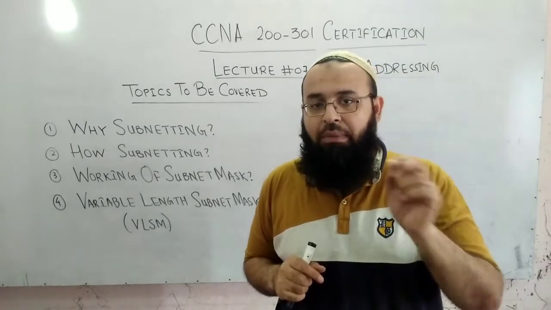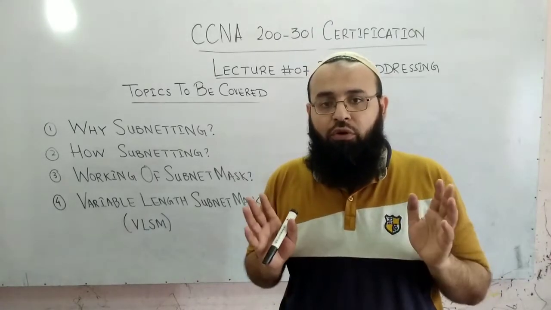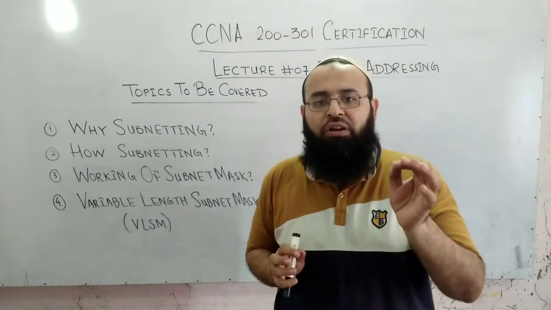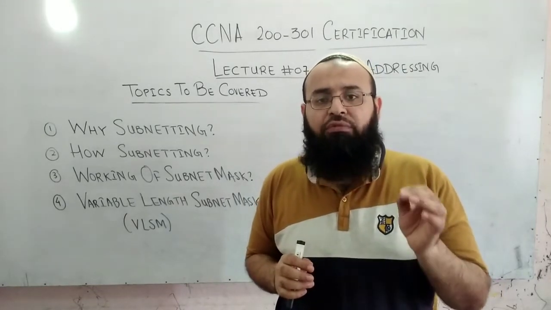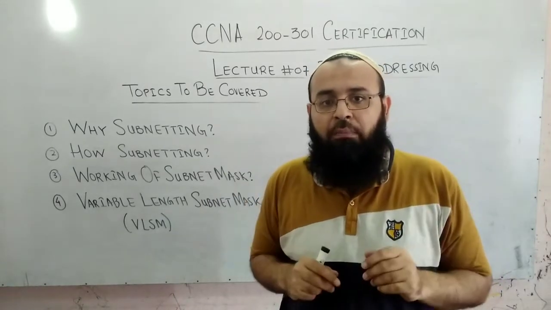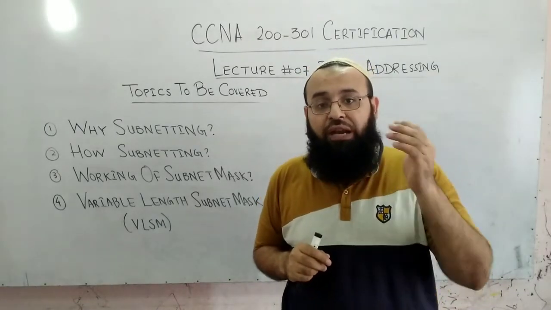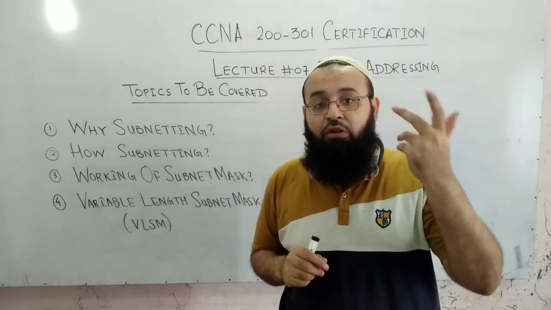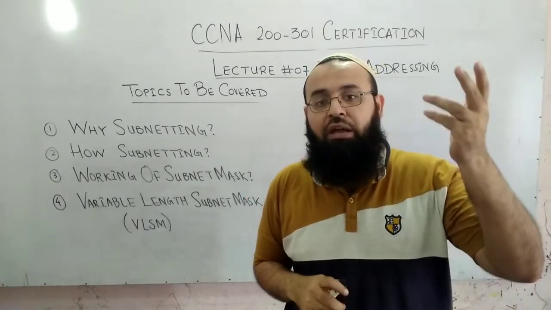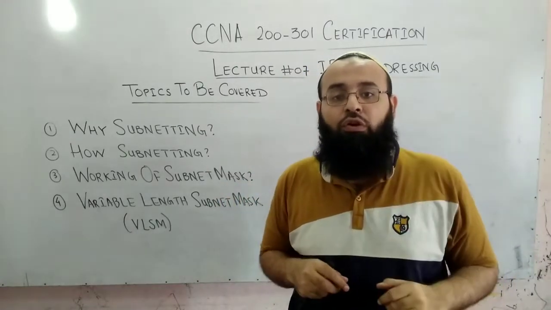2 to the power 8 is 256 minus 2, 254 hosts. If 254 hosts are present in a LAN, and one PC broadcasts, then that broadcast will be copied 253 times. Very large number. And this we are talking about a class C IP address. In case of class B IP address, the number of broadcasts will be larger, as there will be 16 bits for the host portion, and in case of class A IP address, the number of broadcasts will also be very large because of 24 bits for the host portion.